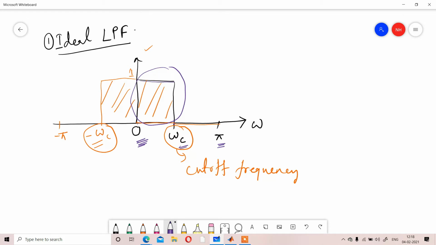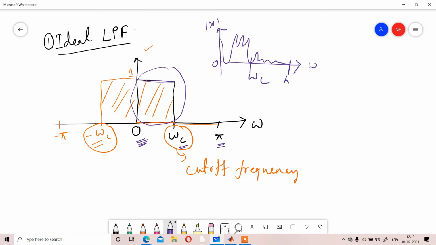Okay, a constant 1 you will get from 0 to omega c, and whenever you cross omega c you will suddenly get 0. Means what? Suppose you have a signal whose frequency response looks like that, with omega and omega c marked, and x the input sequence magnitude being 0 beyond. So from 0 to omega c you have exactly 1, and from omega c to pi you have exactly 0.